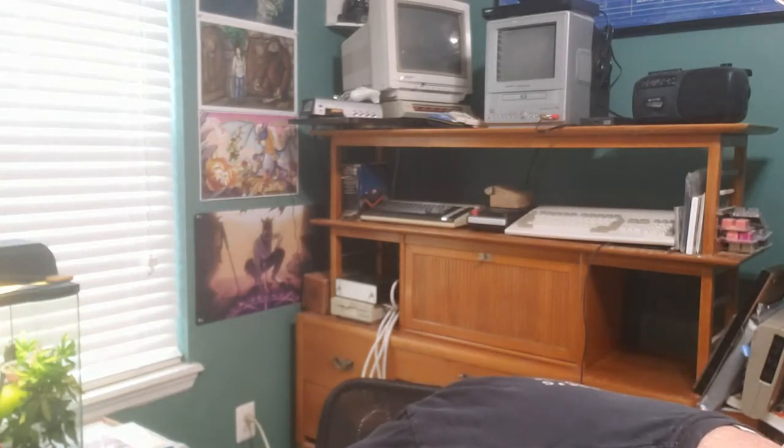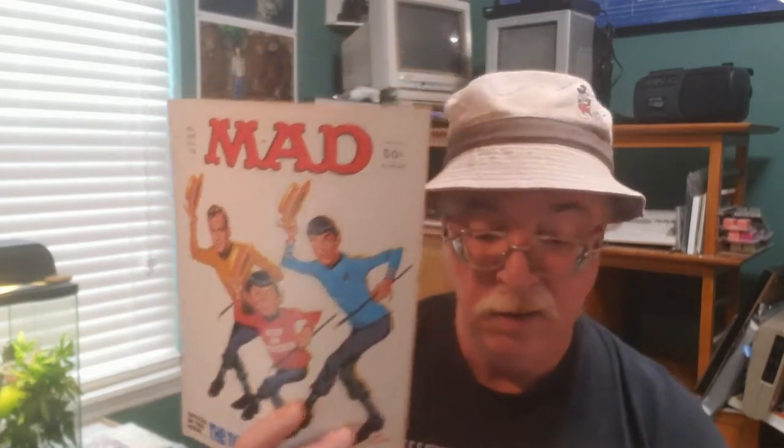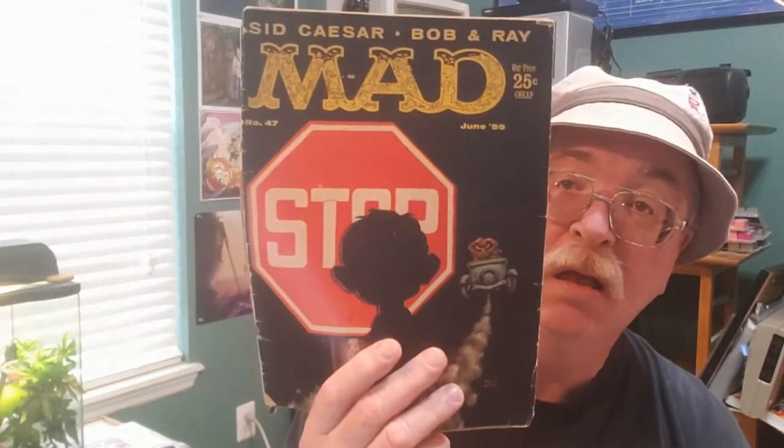Here's another one of the things that caught my eye when I was deciding whether to bid on it or not. Because I do like me some old Mad magazine. There's some oldies in here. What's this one from? This is 76. Here's an oldie from 1959. Mad magazine, number 47. It was in pretty bad shape, but